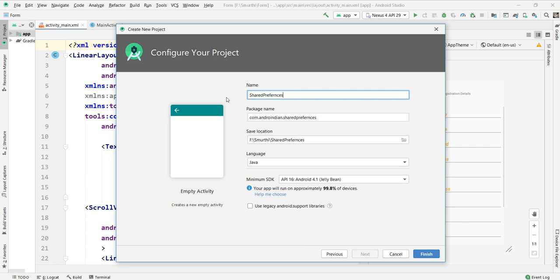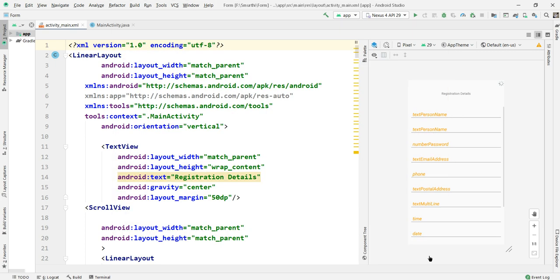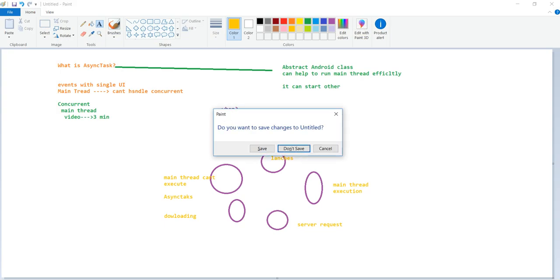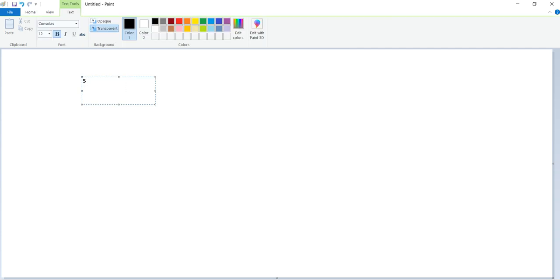This is very important for every project, because handling background data is one of the major things. Also, you can maintain some session using this. What is shade preferences?